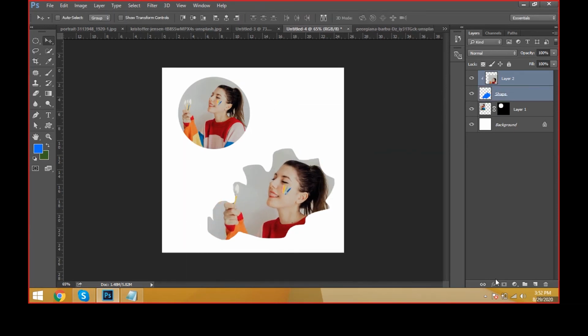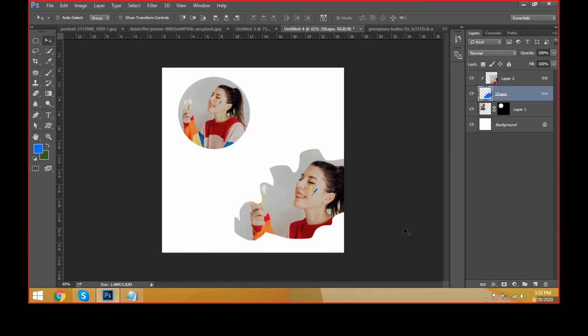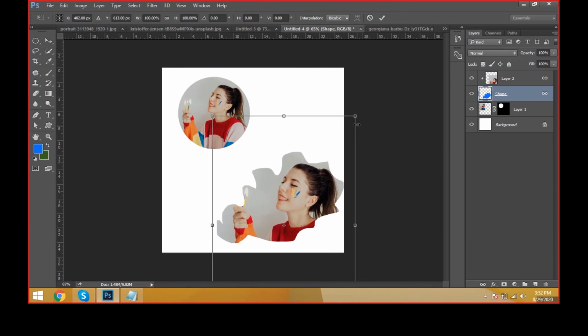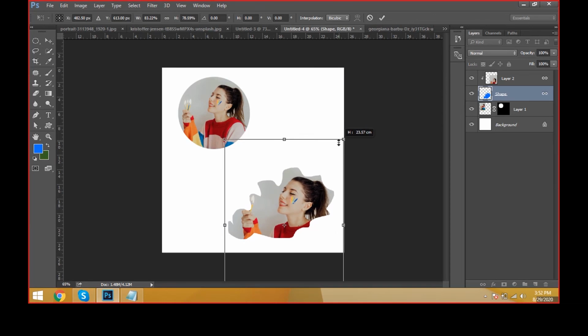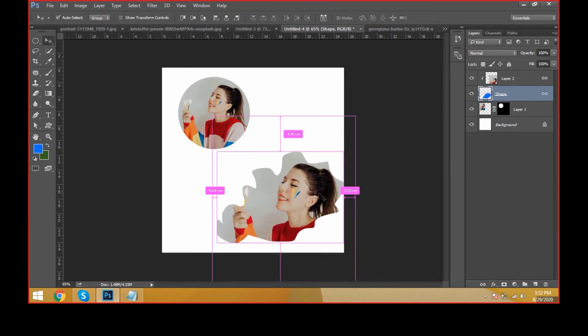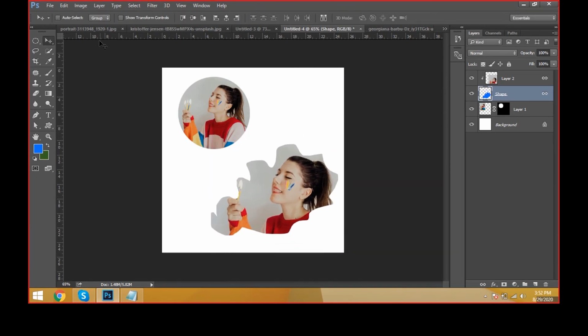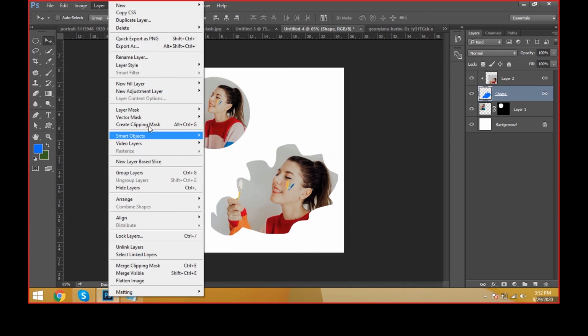Select the two layers and link them like this, then automatically, when you select one object, both will be moved. You can select transform, and both will be transformed. Please practice, friends. And this is the layer palette. Okay, this is the layer menu, and just please check it.